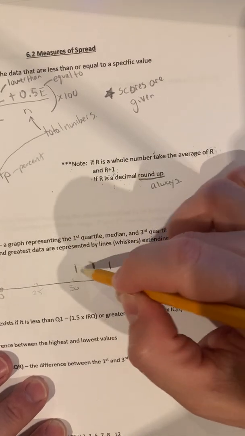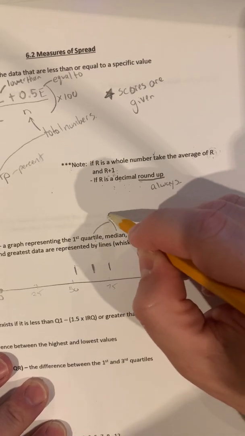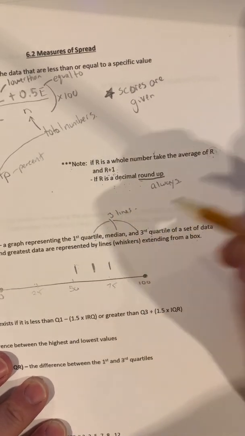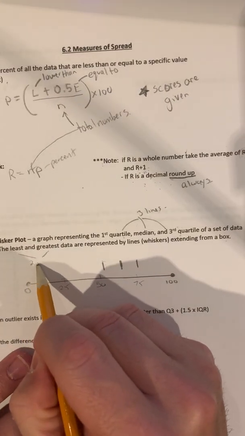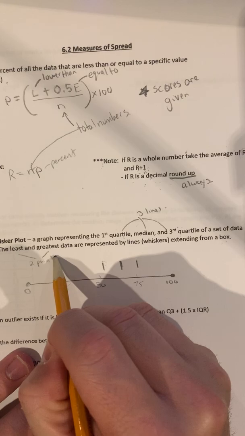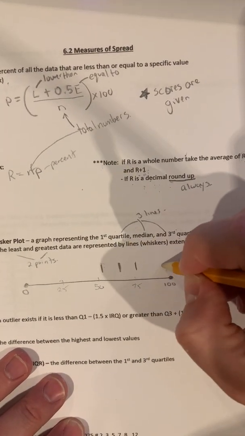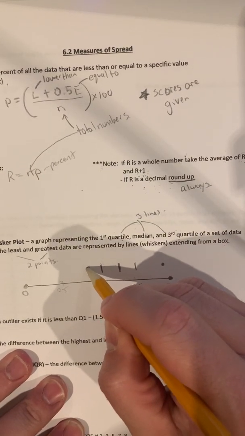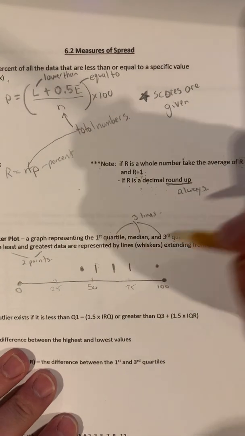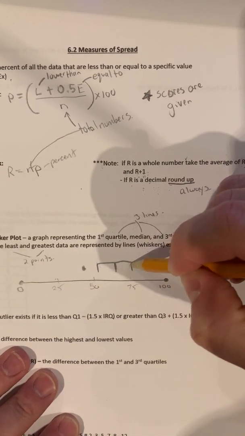And what we do is we draw 3 lines. So these are 3 lines. And then the least and greatest are 2 points. Okay, so 3 lines. And then we'll say our highest mark is 98, and our lowest value is say like 47 or something. Okay, so what we do is we connect the lines together